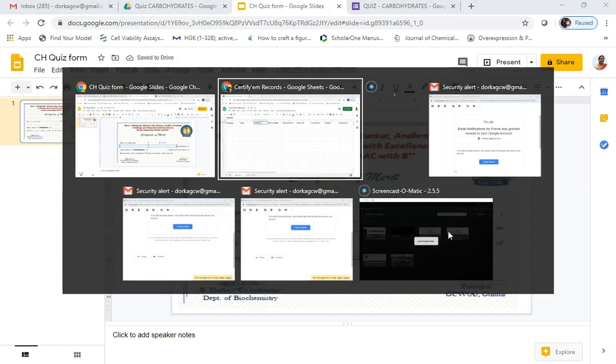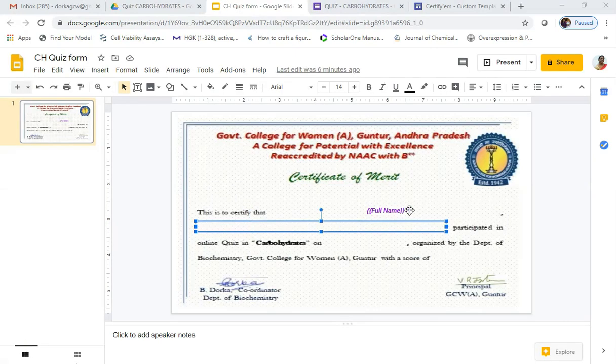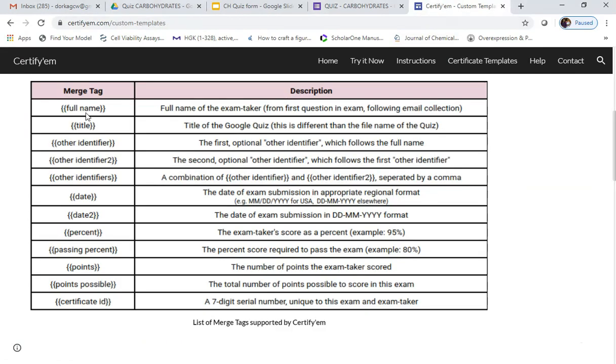Then select another box. Here we want to display another identifier, that means after full name we want designation. It shows the list of merge tags supported by Certify-AM. Full name, after full name we are using other identifier which shows the designation. Next we are using other identifier 2 which is the name of the college.